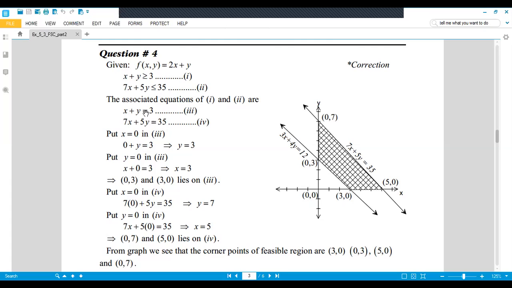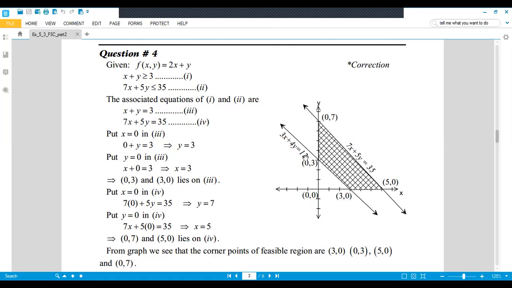Now in the same equation number 3, we put y equal to 0. So x plus 0 equal to 3, so x is equal to 3. On the x-axis the point is (3, 0). With the help of these two points, we draw the graph. On the x-axis, x is equal to 3, y is equal to 0, this point. And on the y-axis, x is equal to 0, y is equal to 3, this point. We join these two points and extend the line. So this is the line of the equation x plus y equal to 3.